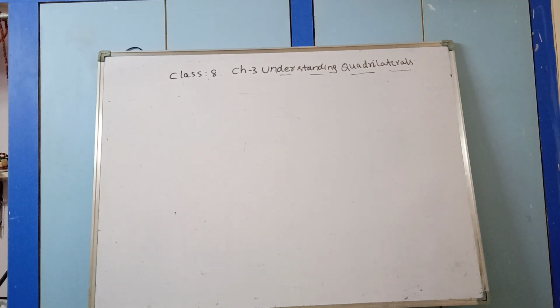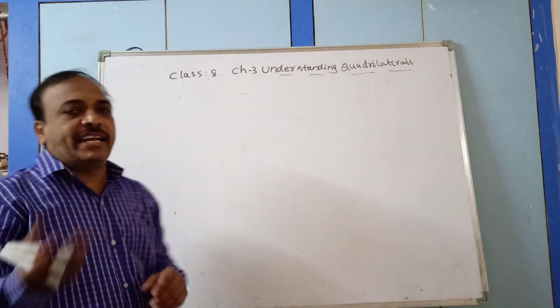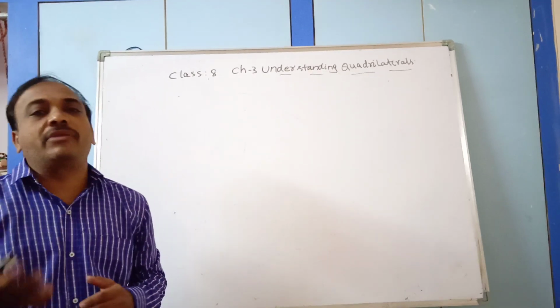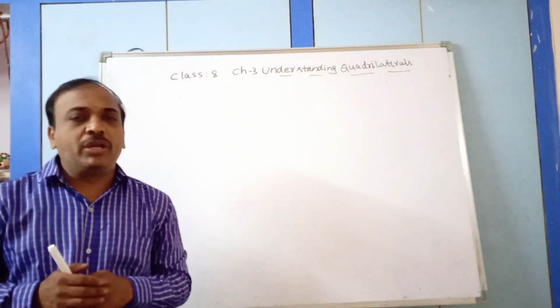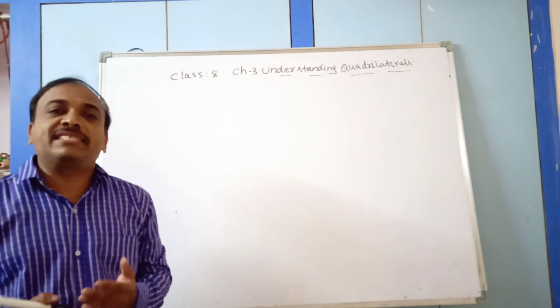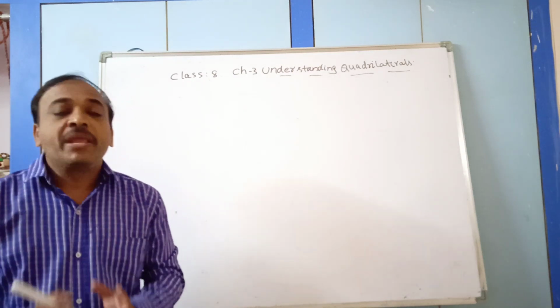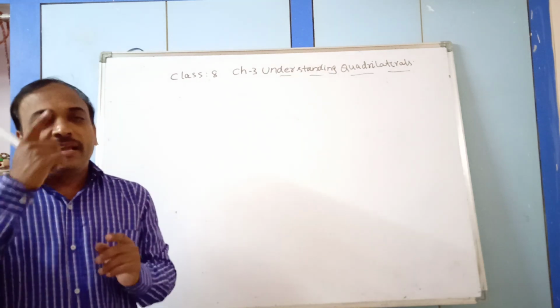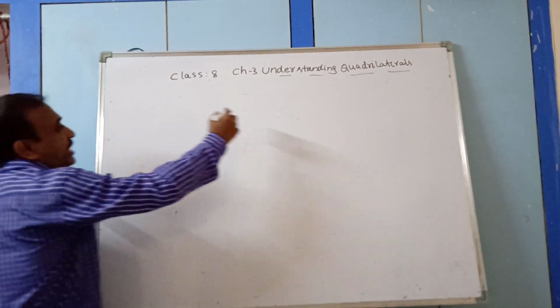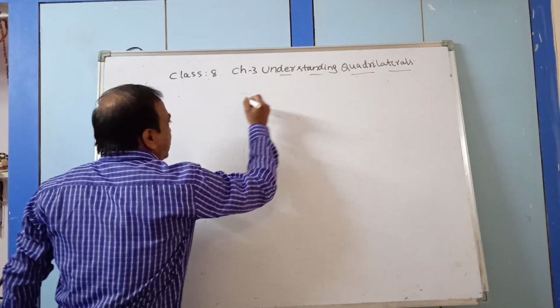Now we see the sum of the angles of a quadrilateral is 360, I said, but we have two types of quadrilaterals, convex and concave polygon. Though it is convex or concave, the sum of the angles is the same. Why? Because a four-sided figure can be divided into two triangles, even if it is a concave quadrilateral.